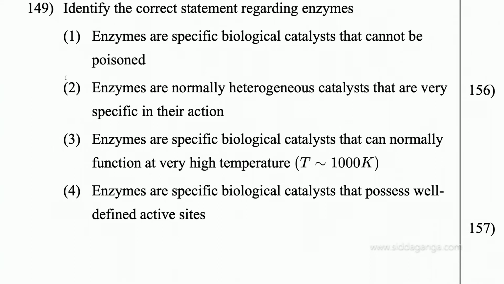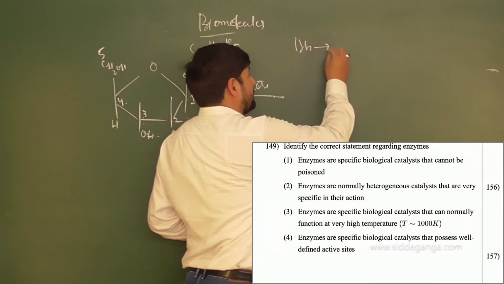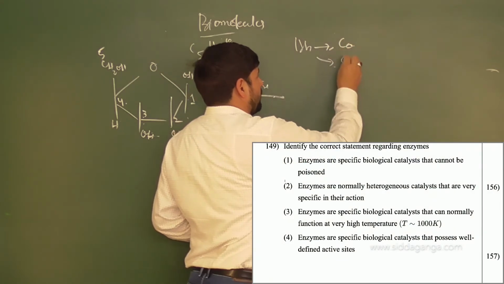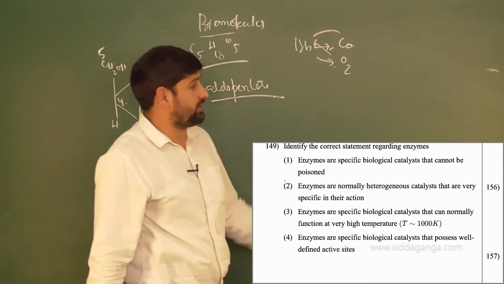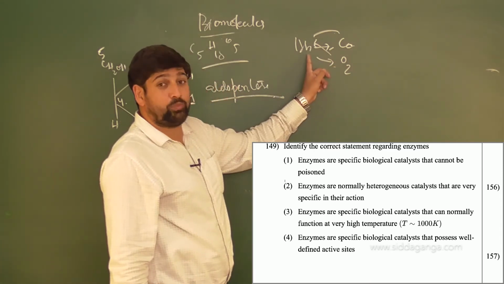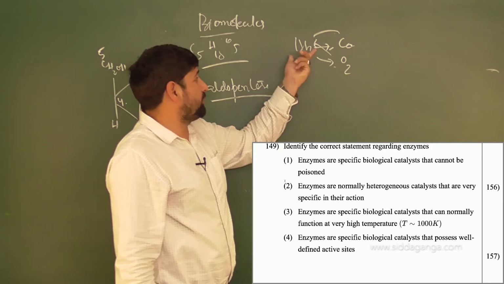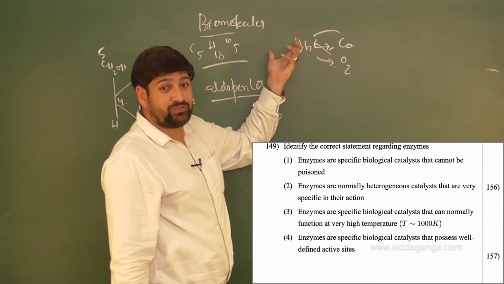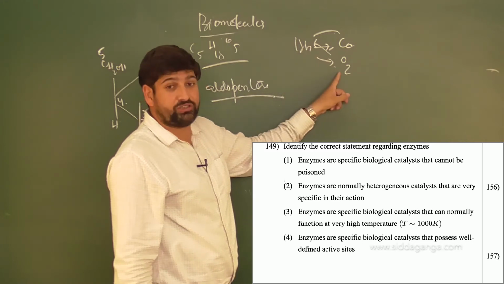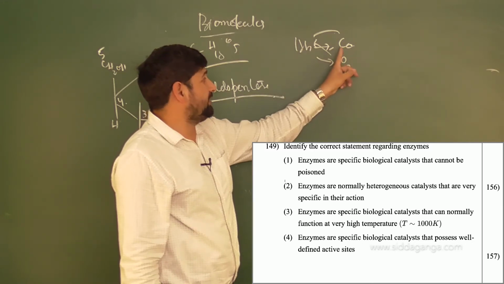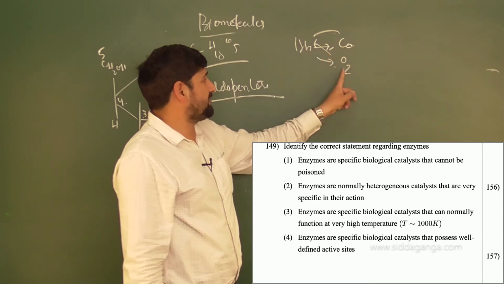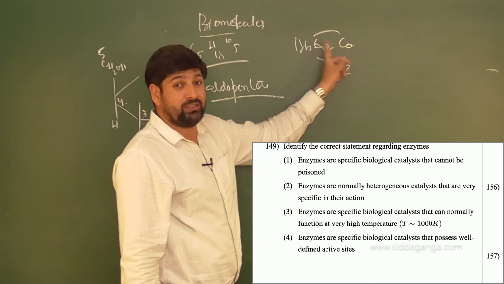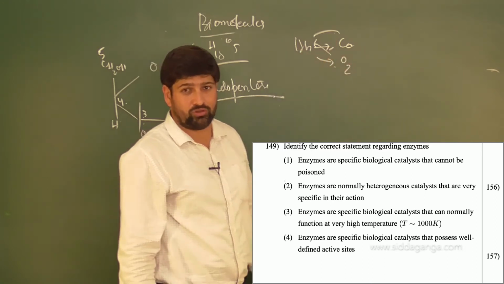Like in the electron transport chain also, you know, hemoglobin is poisoned by what? Carbon monoxide. Actually oxygen should combine with it, but if carbon monoxide is present in high concentration in the body, it gets attached to hemoglobin and poisons it. What does it mean? It deforms the hemoglobin structure and does not allow hemoglobin to bind with oxygen, which is essential. Hemoglobin's affinity for carbon monoxide is higher, so carbon monoxide binds with hemoglobin, doesn't allow oxygen to bind, and acts as a poison, because this destroys the activity of hemoglobin itself.